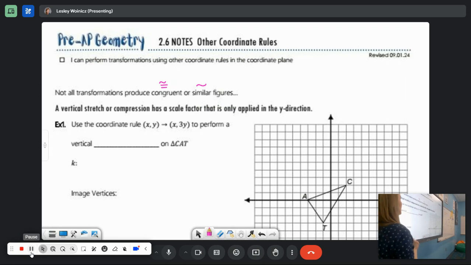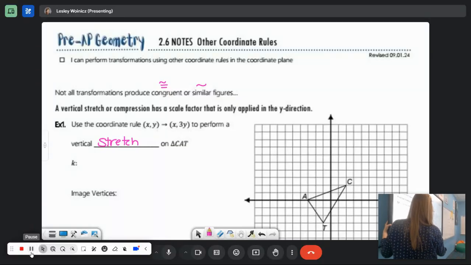Vertical stretches and compressions have scale factors, but they are only applied in one direction, like the band. Okay, we'll use this coordinate rule where we're going to keep the same x, but we're going to multiply our y by 3. Okay, so only our y is getting stretched. We are doing a vertical stretch